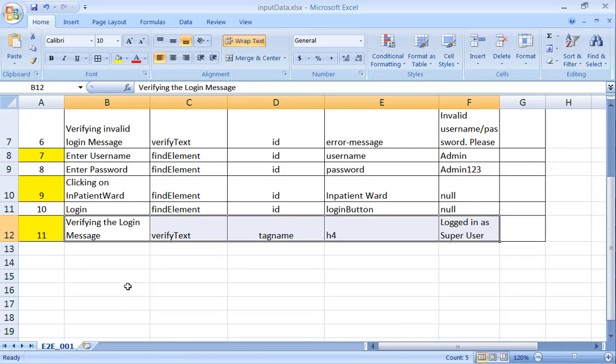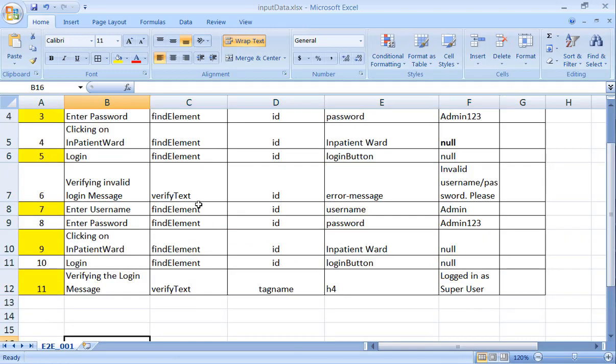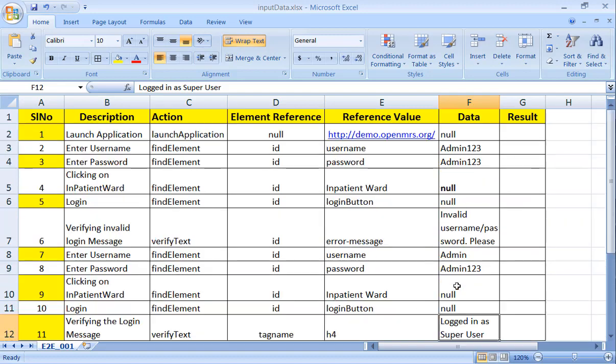And one more important thing we have to understand from this framework perspective: we're even verifying the text. Once we verify the text, whether the actual value we read from the website matches the expected value which we maintained in the Excel, we will put the result as either pass or fail of the verification point. It is not only that we invoke the functions; in this framework we added a new functionality of how we are going to read the Excel. Not only that, we are going to write to the Excel whenever the verification statement is pass or fail.